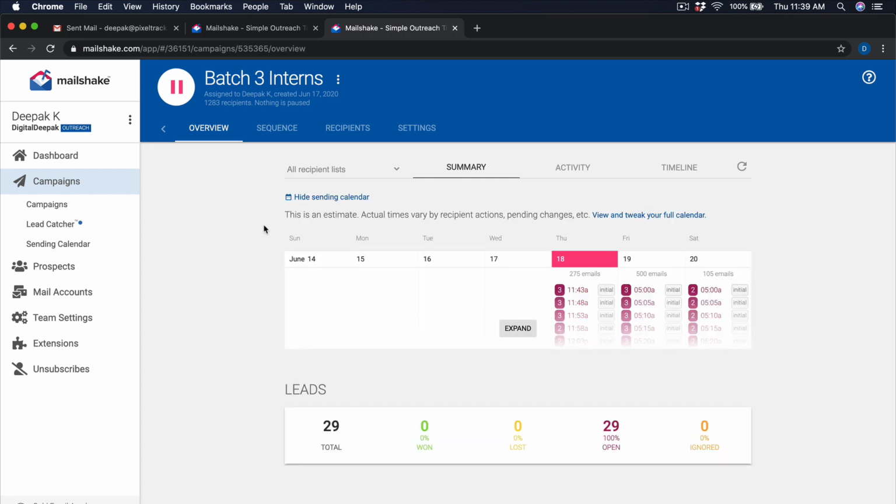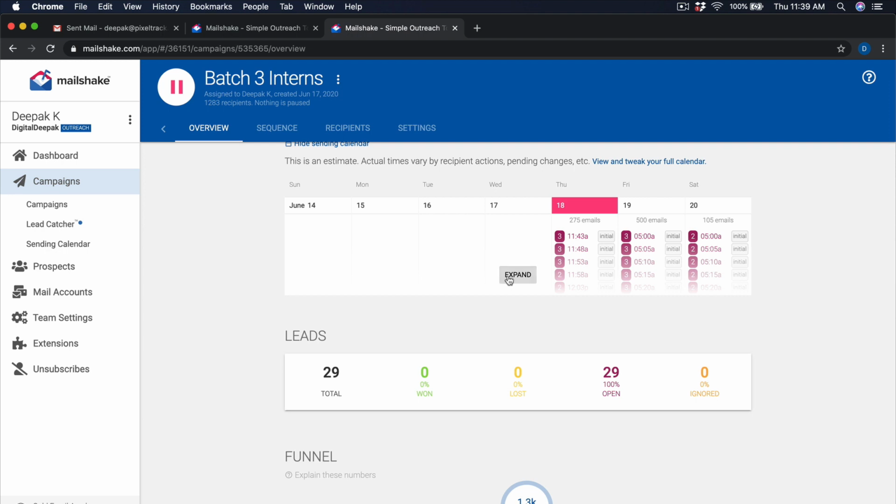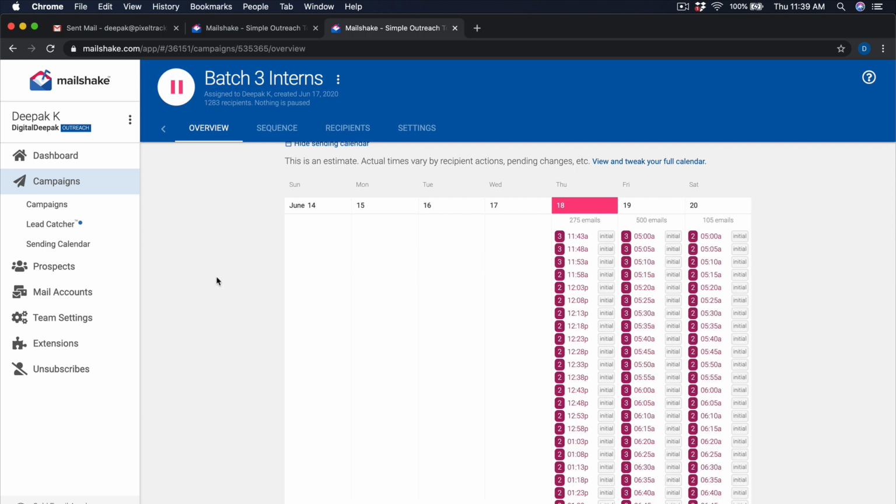So here you can see that once the campaign is set up, it will also give you a calendar. And one of the differences between traditional email marketing tools and a tool like Mailshake, which sends email via G Suite, is that all the emails will not be sent at the same time. Your G Suite account does not act like an email server to send out bulk emails. If you are sending out emails manually, you are not going to send out all the emails at the same time. You will send out emails as and when possible and it will be spaced out. So that's what Mailshake also does.